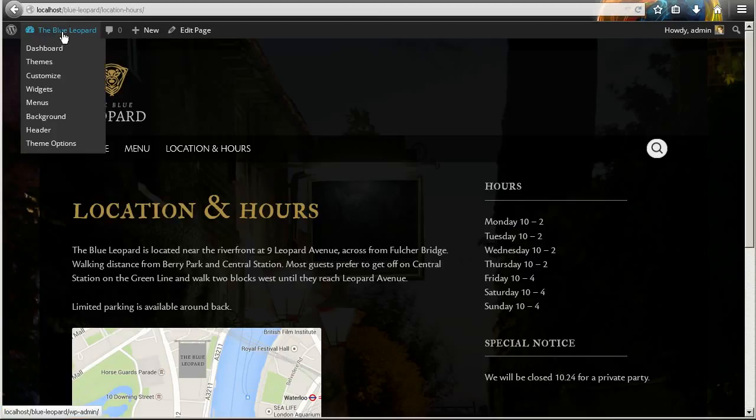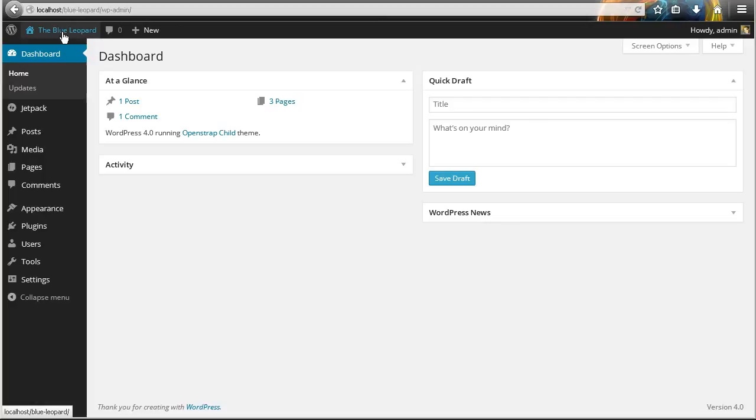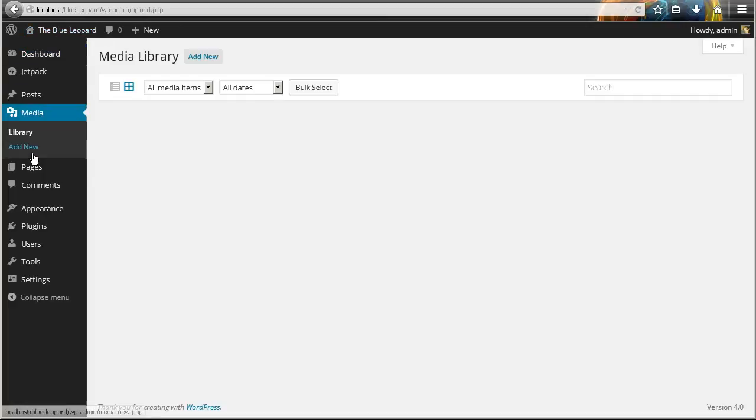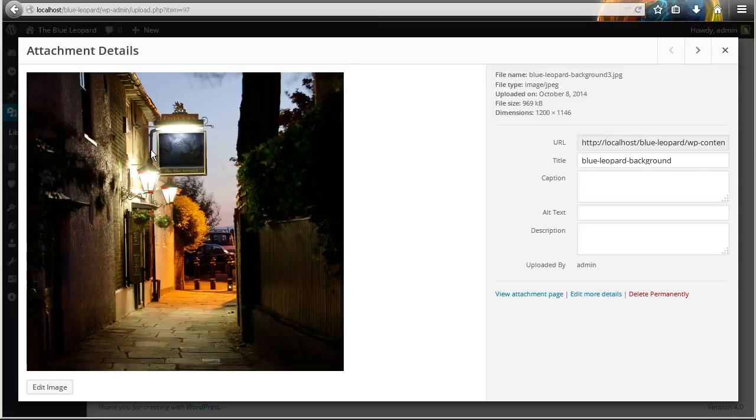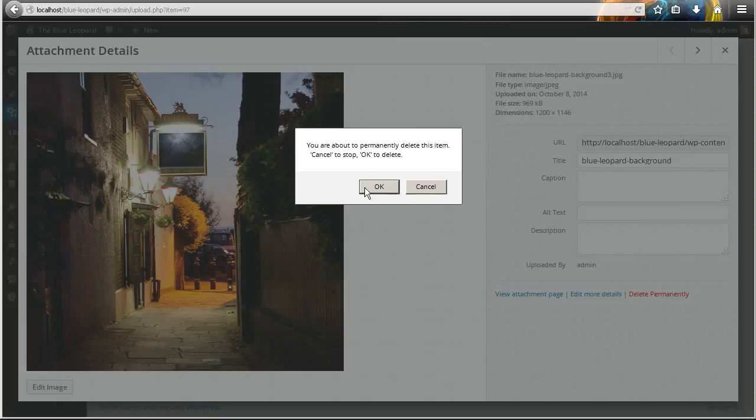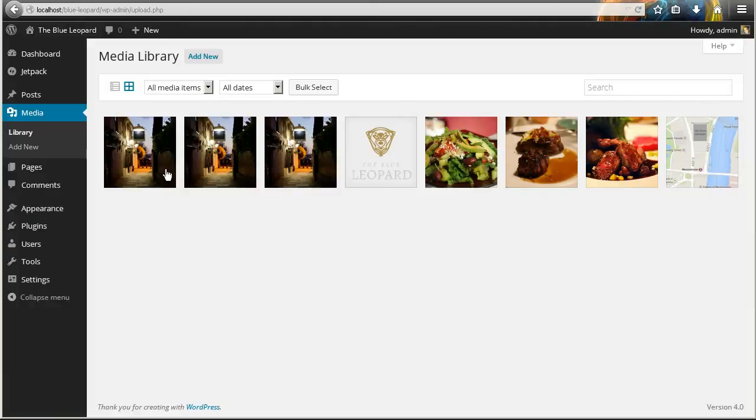So I'm going to come in here to our dashboard. One way we can delete extra images is coming in here to our media library, and you can see when you're uploading things multiple times, it can be really easy to accidentally add multiple images. So you just want to make sure that the ones you don't use, I just want to come in here and click to delete that image permanently. I'm going to go ahead and press OK,